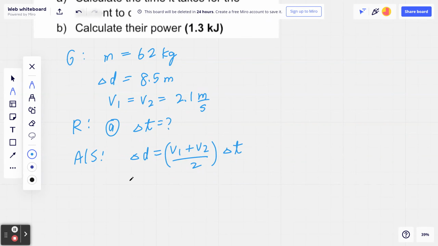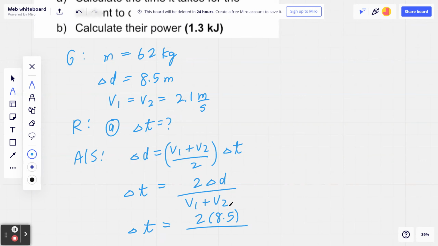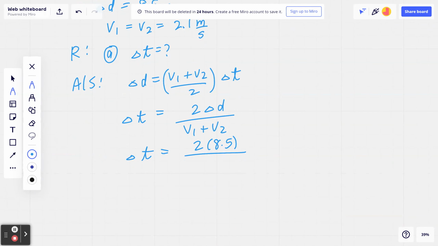If you isolate for t, you would discover that time equals 2 times displacement divided by v1 plus v2, which means in this example, the displacement is going to be 8.5. The velocity is 2.1. So 2.1 plus 2.1, of course, you can put all the units back in, but it's going to be in terms of seconds. And if you grab the calculator and you work it out,